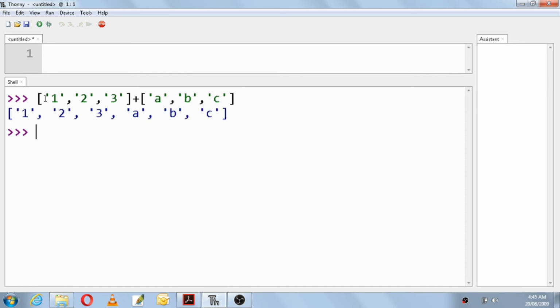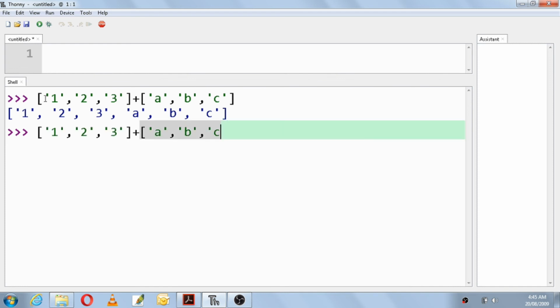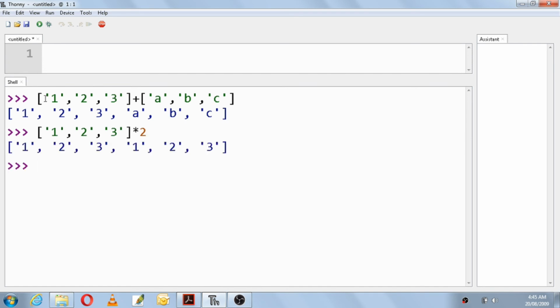When you press enter, it will give the concatenation of both the lists. Then apart from concatenation, you can also use replication. Asterisk 2 will replicate this list twice. Okay, 1 2 3 1 2 3.